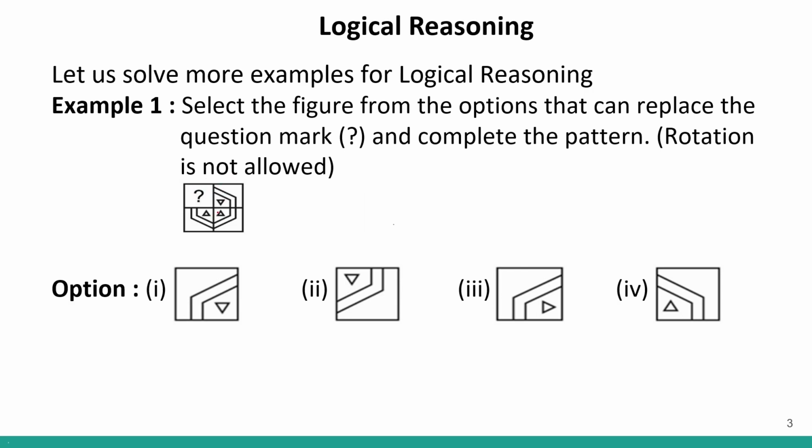If I look at the pattern, this will be an inverted triangle, correct? Because there are two triangles over here and there will be two inverted triangles. Then this will be joined like this to form a hexagon. A hexagon is something which has 6 sides. So 1, 2, 3, 4, 5, 6. So a 6-sided hexagon we have to make. Similarly, this will also make a hexagon. So it will be an inverted triangle, something like this with two sides to make a hexagon. So option number 1 will be the correct answer to this question.